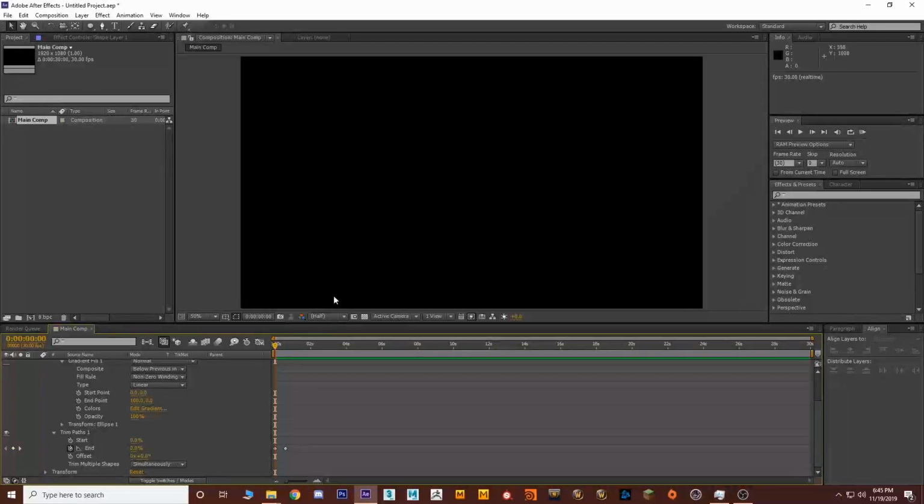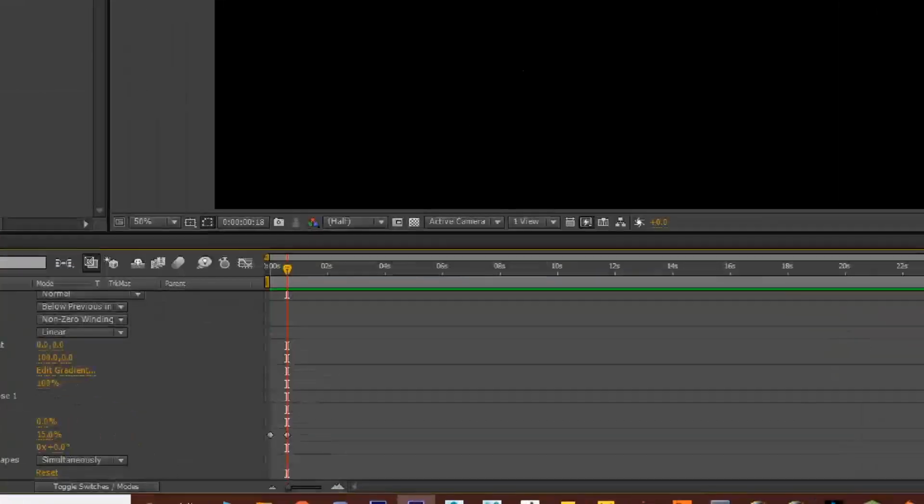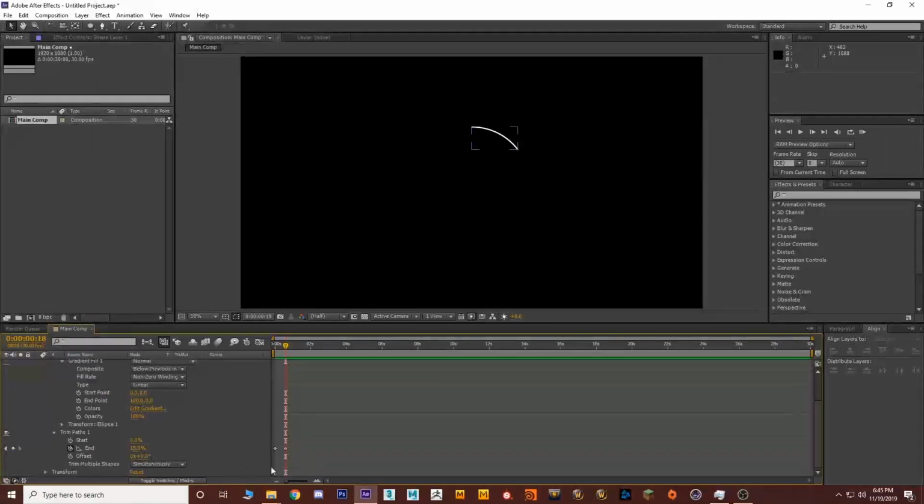Now, what if we want this little line to start rotating around the entire perimeter of the circle? On this keyframe, making sure my line is strictly on that keyframe, I will create a new Offset keyframe as well, move forward a few seconds, and change this rotation all the way until it gets back to the original point right here. And if I look at the effect it's doing,